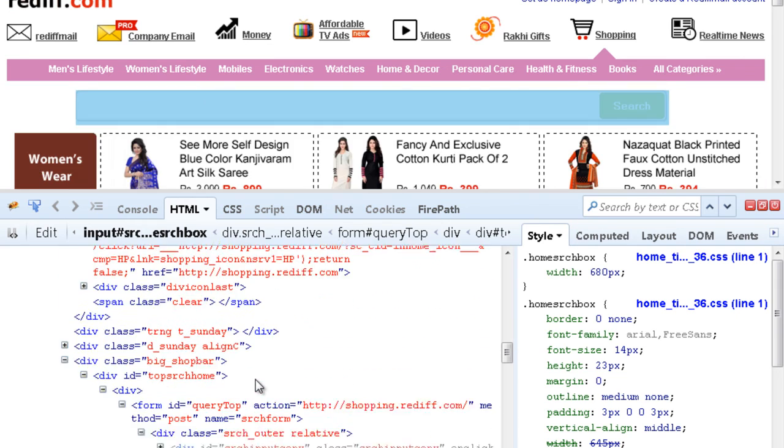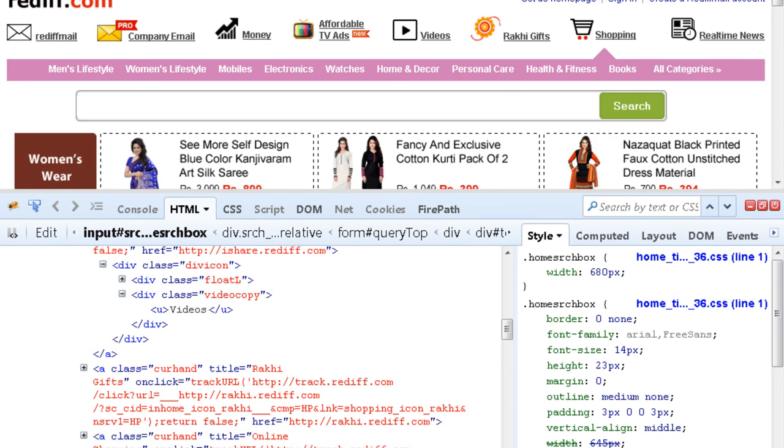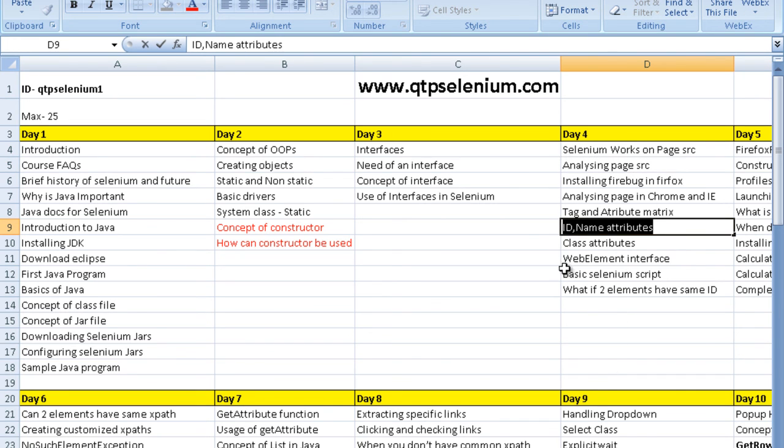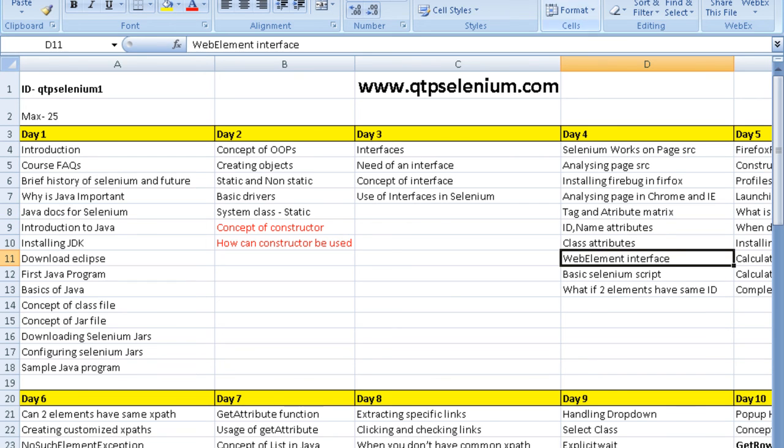Okay, right, now how do you identify the elements with IDs and names and everything? Now let me